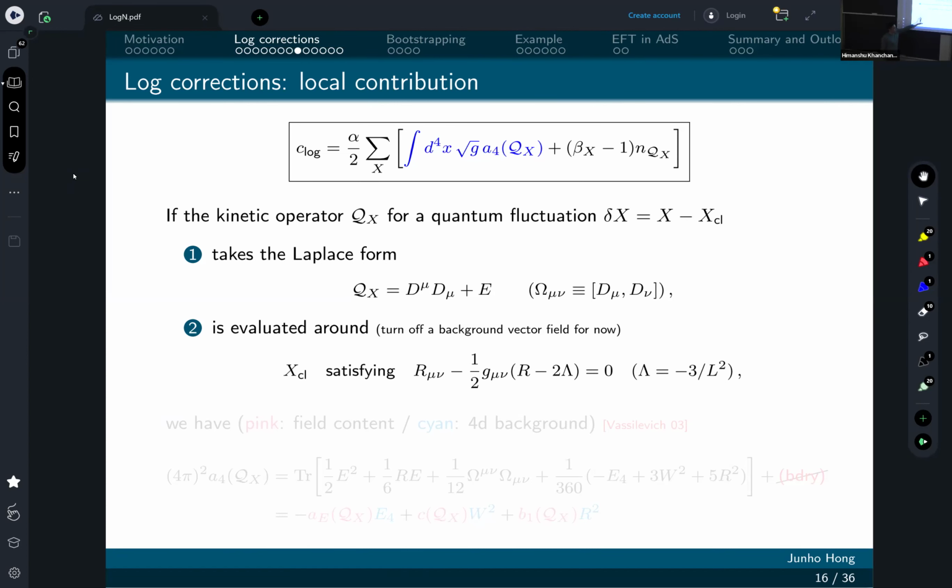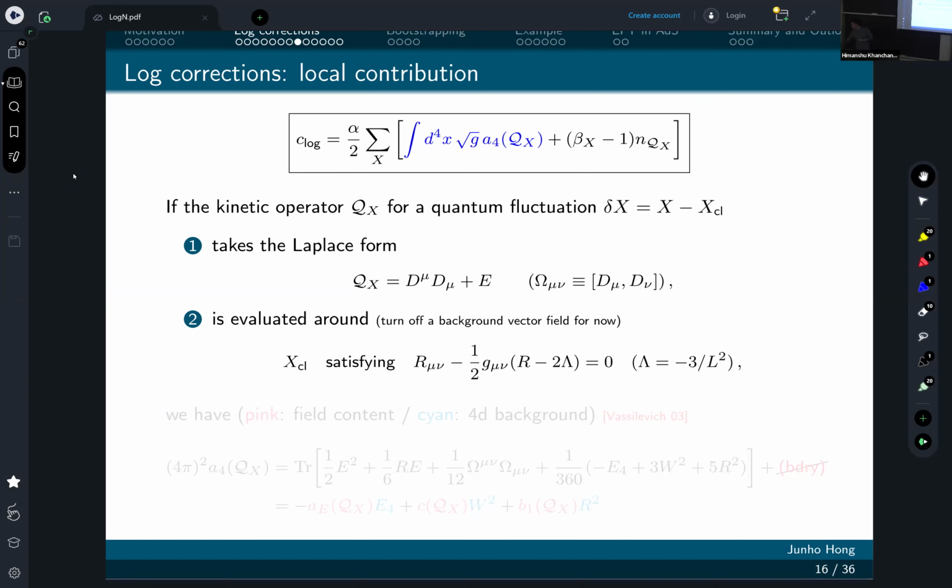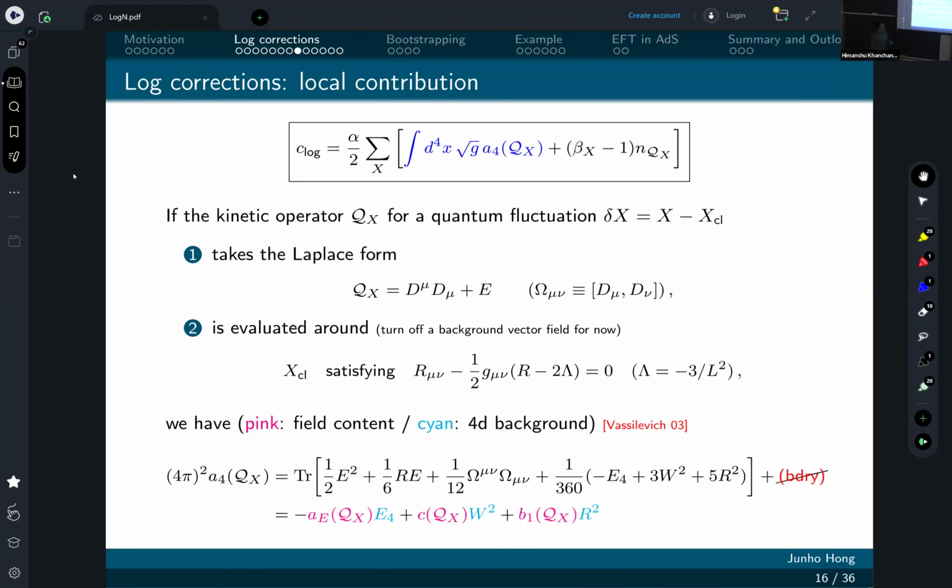Like you don't have a non-vanishing background for a photon, but it can be turned on later. For now, let me focus on this special case. Then, thanks to the first assumption, you can refer to this Hit-Corner manual paper. That paper tells us that this A4 coefficient of our interest can be written in terms of